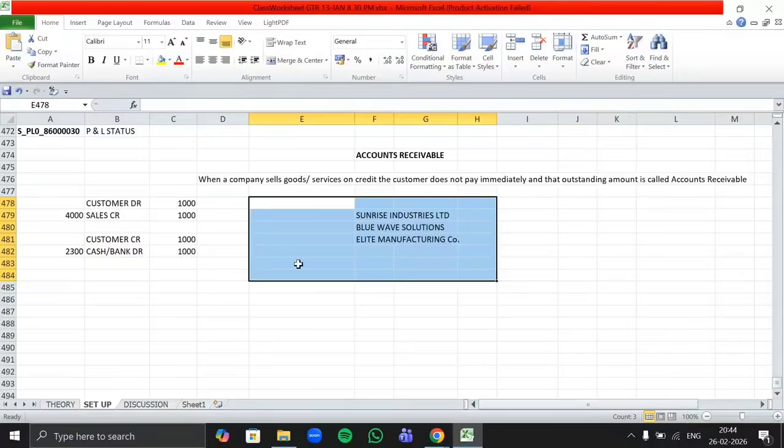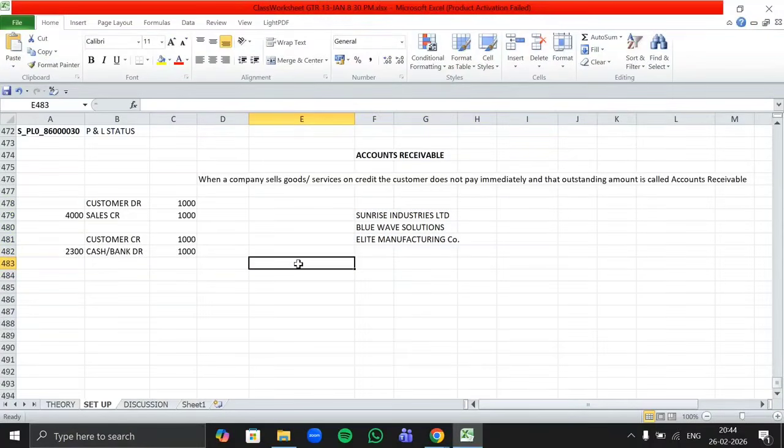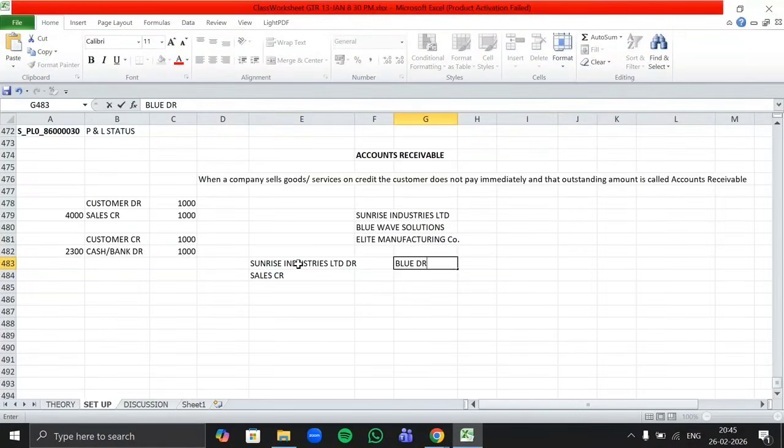Now if we are making a sale to Sunrise Industries, the entry will be Sunrise Industries debit, sales credit. If we are making sales to Blue Wave, then Blue Wave account is debited, sales credit.